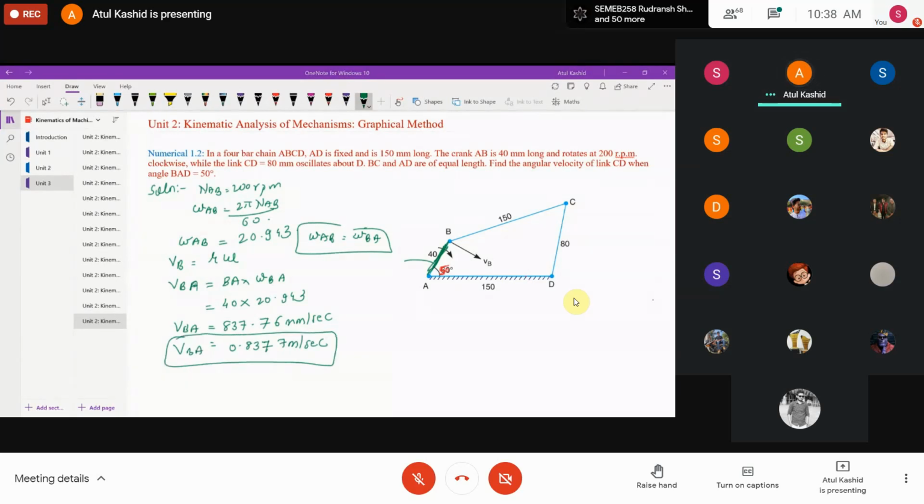So that is the velocity of B with respect to A. Everybody, please write down these two things in your notebook. First, omega AB we have calculated. Second, the velocity of B with respect to A we have calculated. Write these down, because I'm going to erase this part, as we have to draw the velocity diagram in this space. So please note down these values. I will give you 30 seconds. Quickly write down these values in your notebook, and I will erase this part, and then we'll move ahead.